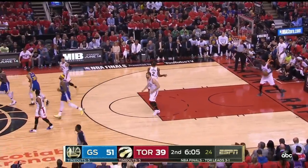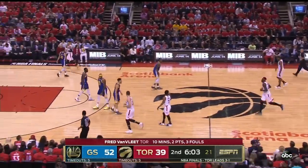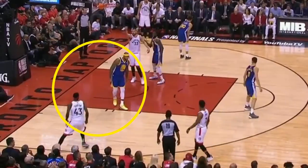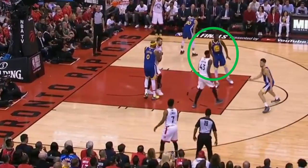And lastly, in Game 5, on 2 possessions, we saw another potential counter for the Warriors against the Raptors pick and roll, which is the pre-switch, and this is what I mean. So here, Cousins is guarding Siakam, and to take advantage of Cousins' pick and roll defense, Siakam goes to set the high ball screen. But notice what Cousins does. He calls out the pre-switch, where Draymond takes Siakam, and Cousins switches on to Gasol,